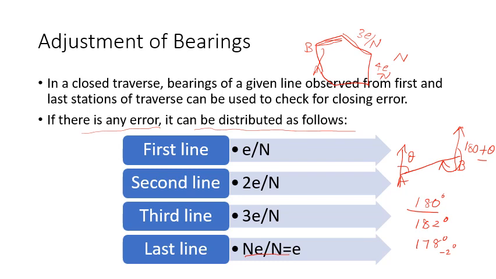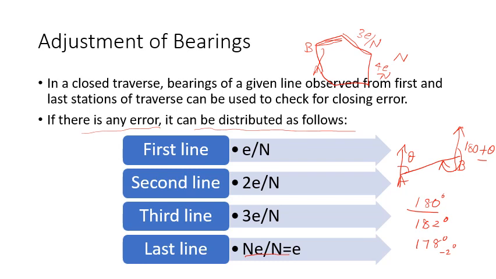In this session, we have seen what latitude and departure are, and how to calculate latitude and departure if you are given the length of a line and the bearing. Then what is meant by consecutive or dependent coordinates, and what is total or independent coordinates. Then we have learned how to find out closing error. That is, sigma L should be 0 and sigma D should be 0 for a closed traverse. If it is not 0, that means there is a closing error. So we know how to calculate the magnitude of closing error, and also how to find the direction of closing error.